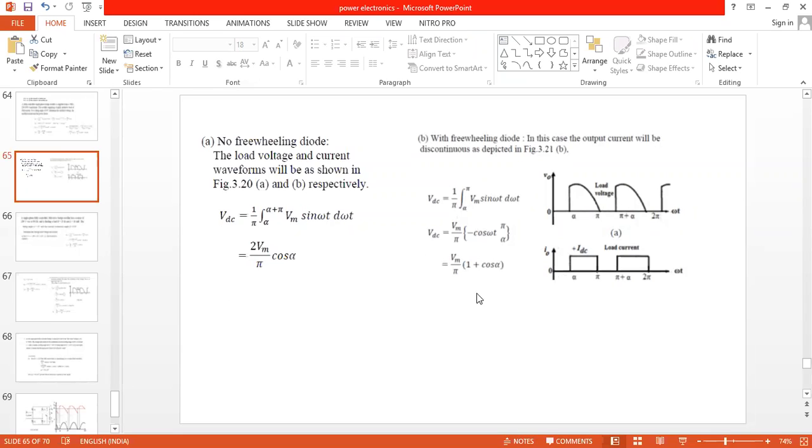Is it clear, all of you? Tell me the power factor for this one, all of you once again. Do the power factor for the second case. 2 root 2 by pi cos alpha. I think 2 root 2, it becomes the same formula, 2 root 2 by pi cos alpha, that same value will be there, power factor. Check with the 1 plus cos alpha, yes, I got it. All of you, power factor, now it becomes 2 root 2 by pi, 1 plus cos alpha.